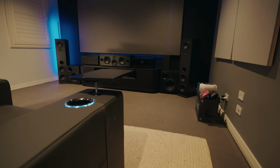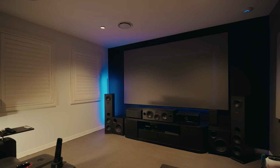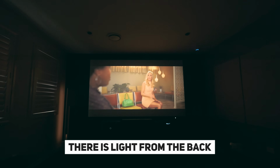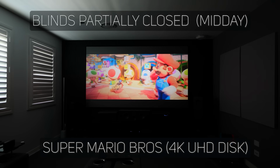The screen I went with comes from a company in Switzerland called Premium Screen, and I did a review on it as well. It's an ambient light rejection screen for long throw projectors, and it does a great job at blocking a lot of the ambient light that I do get in the room at times. Not too much to say here about it, but I will leave a card up above to the full review I did on it. It's easily the best screen that I've used in this space for blocking ambient light for a long throw projector,